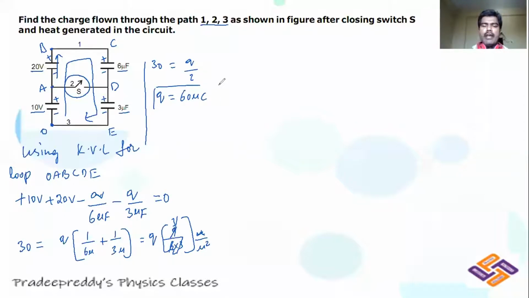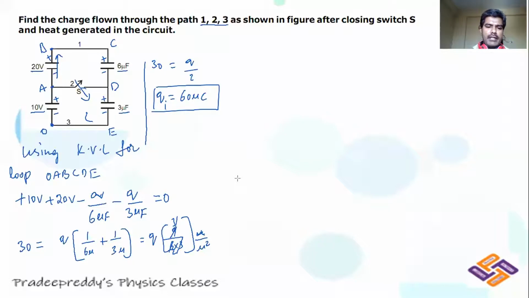So once we have calculated the initial charge on the capacitor, now what are you doing? You are shifting this switch. You are switching on this key, right? So I am now closing this key. When I am closing this key, what would happen? There will be 3 different paths for the charge now. Understand the circuit carefully.